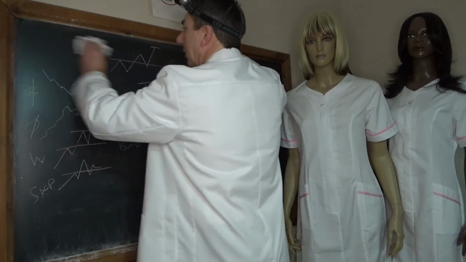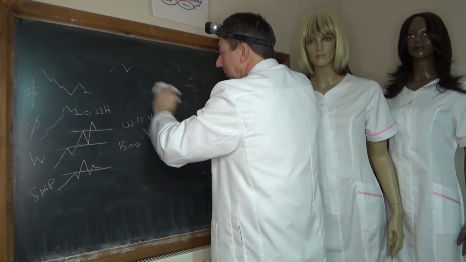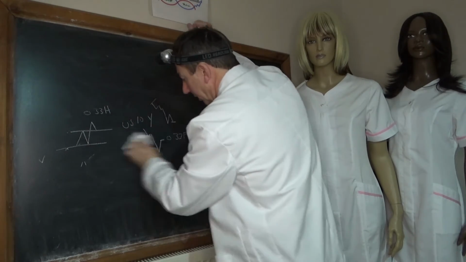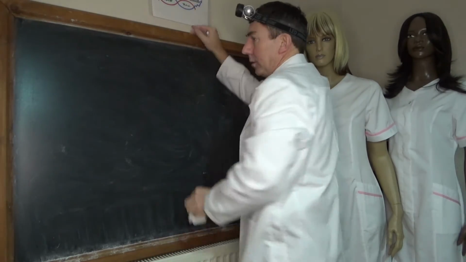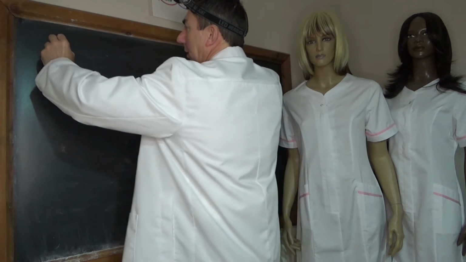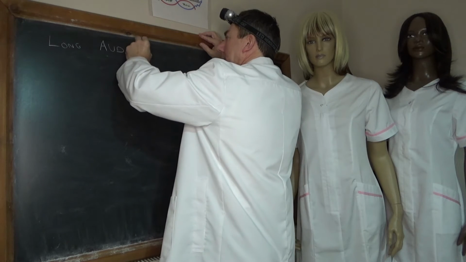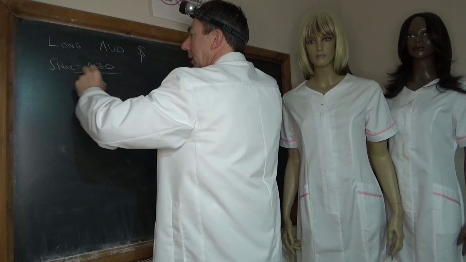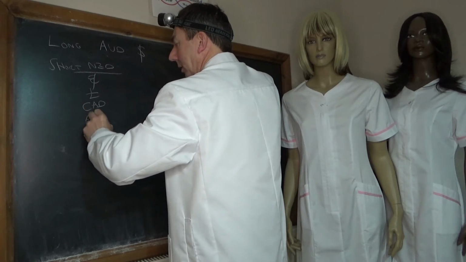Right, so let's just finish off and make sense of what's going on. Obviously we've got a lot of data. We've got the Easter break coming up, and it's the start of the new quarter tomorrow. So this, in theory, should be the start of the market getting the hang of what we're doing. So we're long AUD against the dollar, and we're short NZD against the euro, the pound, the CAD, and the AUD.